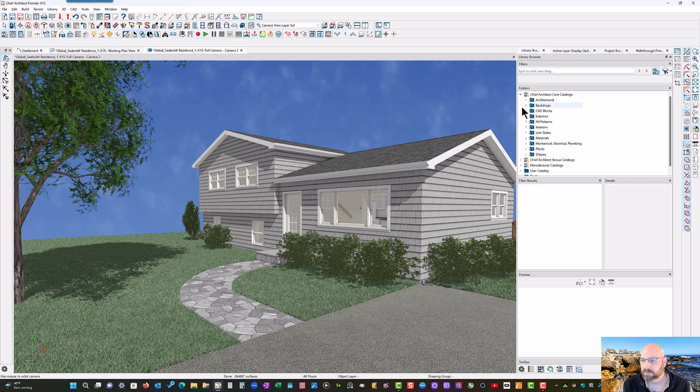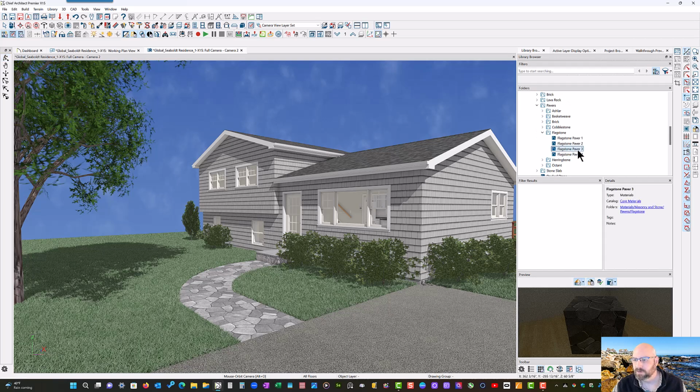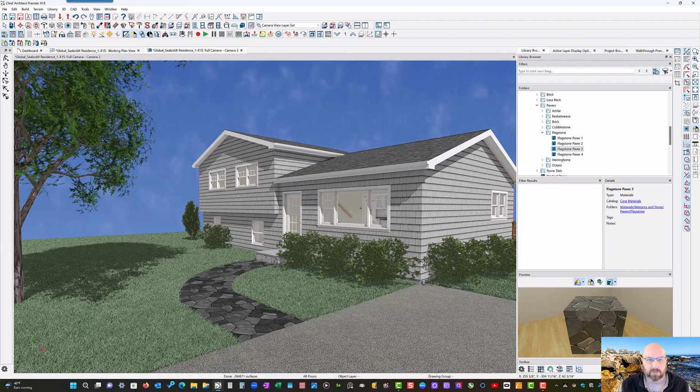So over in the core catalog, on the materials, in this case I found the flagstone, which is I believe under masonry and stone, pavers, flagstone. I believe I used flagstone paver 3. And so I'm going to paint that onto my walkway here. And we're going to start clean